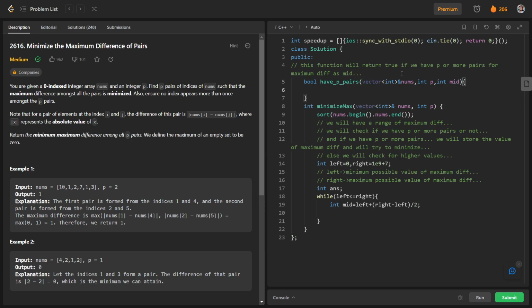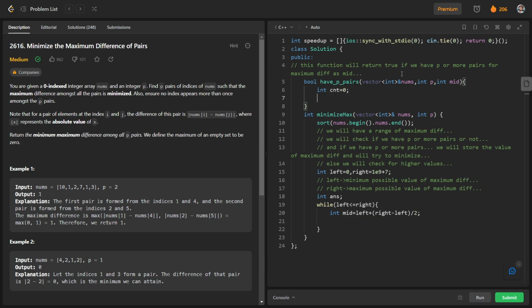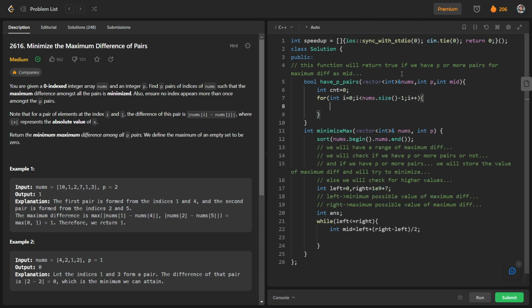So mid is our maximum difference. We will have a variable count, int count equal to 0, and a for loop: int i equal to 0, i less than nums.size() minus 1, i plus plus. And we will check whether the difference is greater than or equal to mid or not.